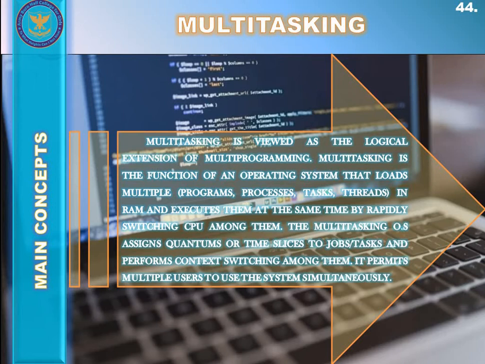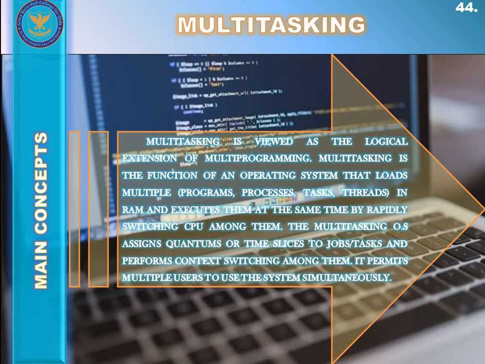And CPU executes each task as per allotted or assigned time slice or quantum. So CPU permits multiple users to share common resources simultaneously. Here also basically a context switching is occurring, but it is occurring so fast that the user is able to interact with each program separately while it is running. This way the user is given the illusion that multiple processes or tasks are executing simultaneously.